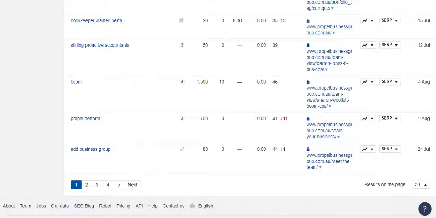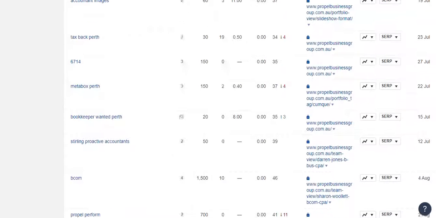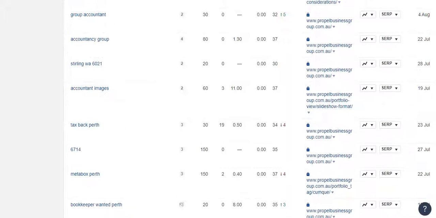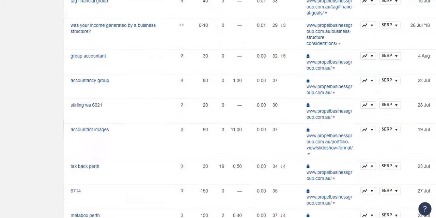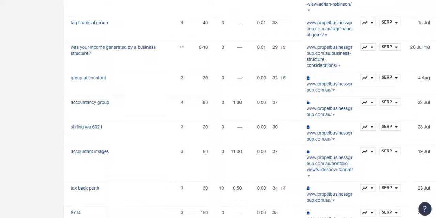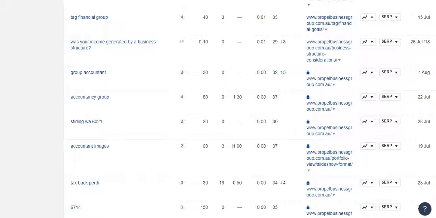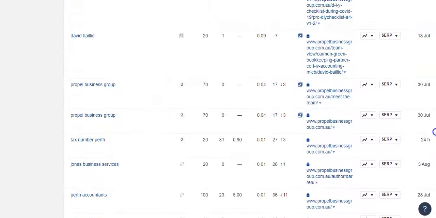So when you have a national keyword, those numbers that you see, for example, accountant images, 60 and 3, that means they're going to get 60 searches a month, and the keyword difficulty is 3. But 60 searches, that's for the whole of Australia.